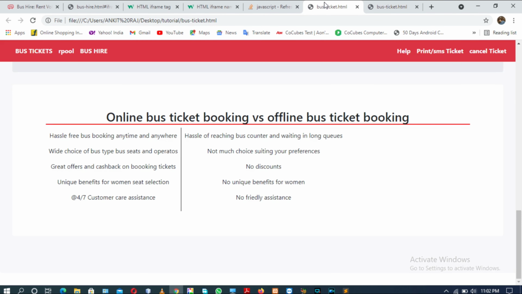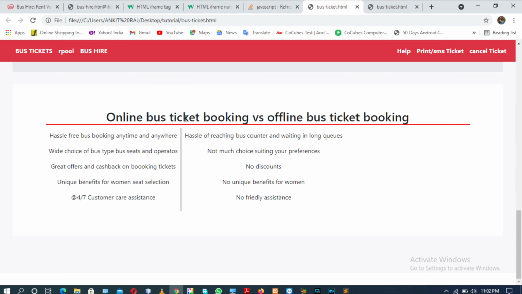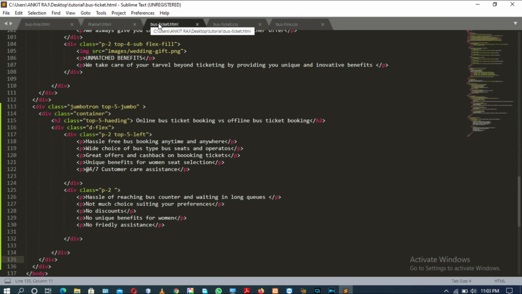Okay, there are also some changes required. Not a problem, because in our simple project the text of this heading is in capital letters, but our text is in capital and small, so that's not a big deal. We can change it later, but for now let it be as it is. Moving to next div section.